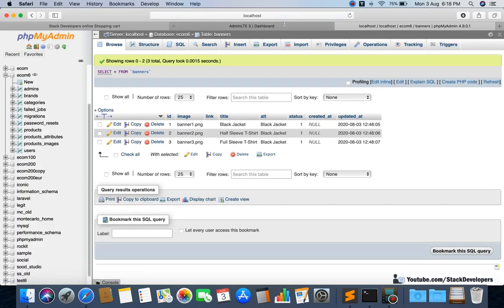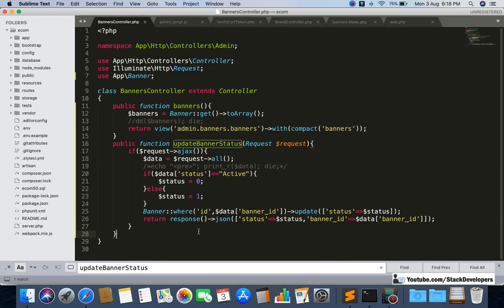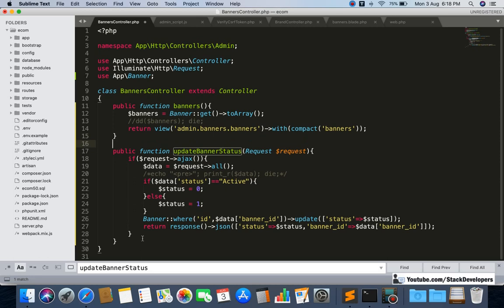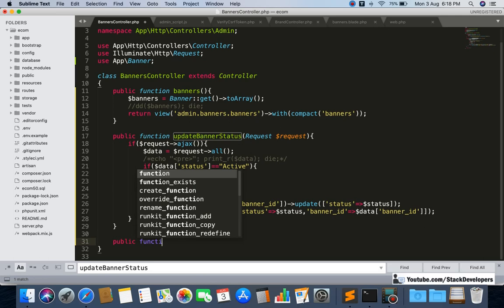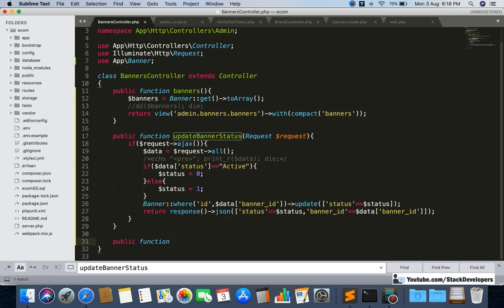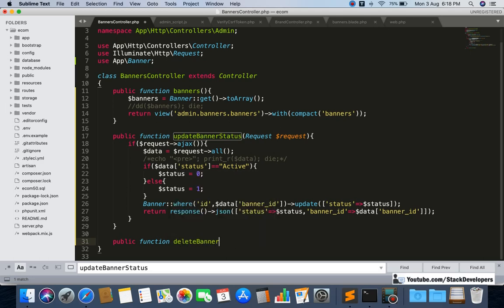Now we will work on the delete functionality, and for delete as well we will add the function. We have already added the route, and we will add the function now for delete as well. Public function, and for deleting the banner we will add the function like deleteBanner, and we will need to pass the id.